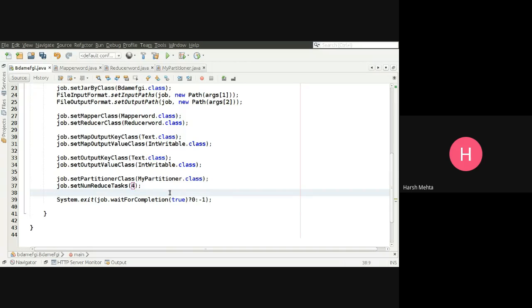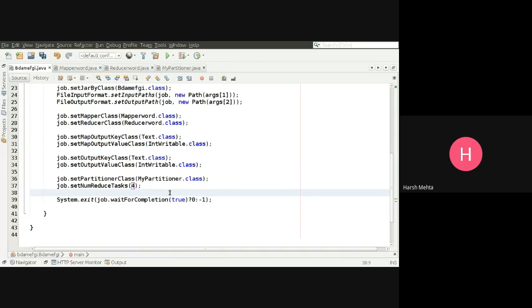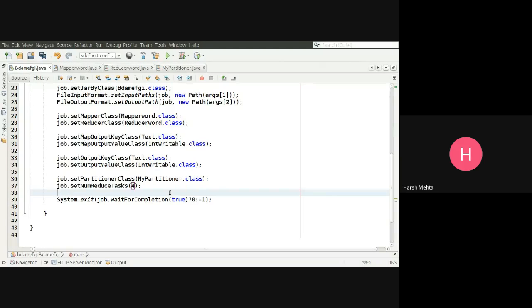So if you are defining 3 here, and again in the partition class you are giving only 3 partitions, it will throw you an error. Why? Because what if some string anomaly comes, and where does that output have to go? Fine. So that is what we have to define here. Anything left?